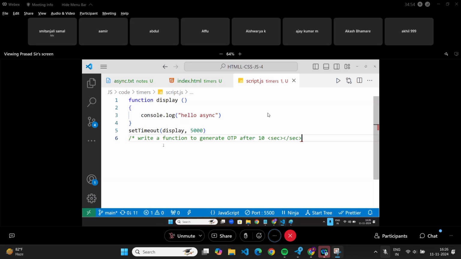One time, only one time, na? What if I want it to run every 5 seconds? Like checking the status, updating some fields. If I want something to run again and again, then I will use set interval.